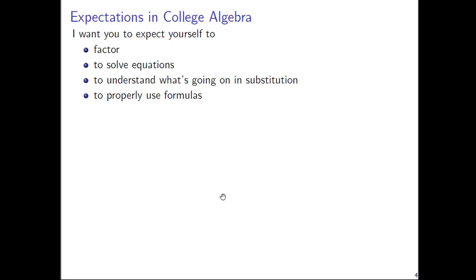It's important for us to take a moment to step back and talk about what kind of expectations are reasonable to have in a college algebra class. So, really, for any major topic we've talked about, I would expect that you would expect this of yourself. I want you to expect yourself to factor. I want you to expect yourself to solve equations and to understand what's going on in substitution and to properly